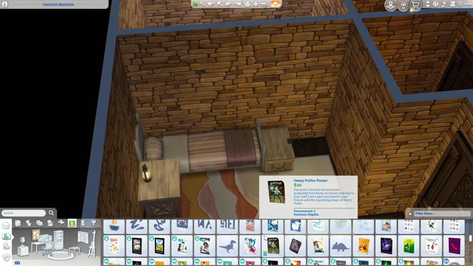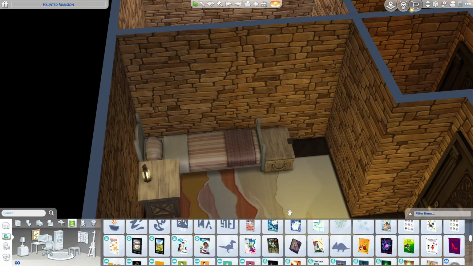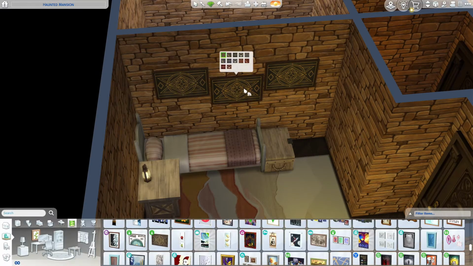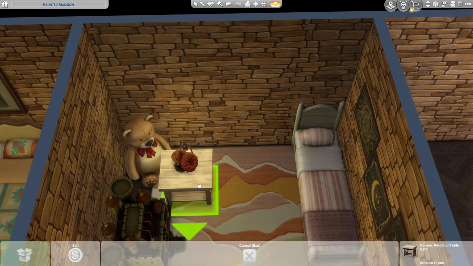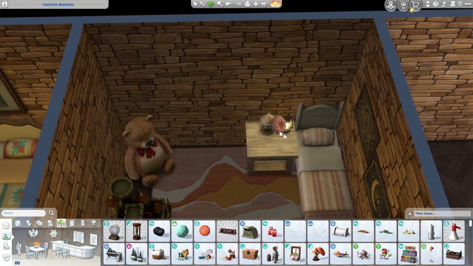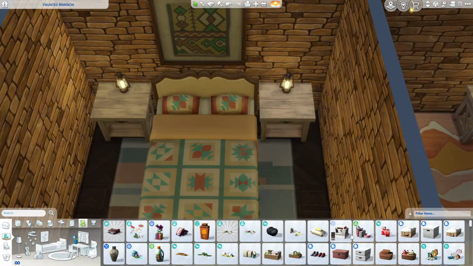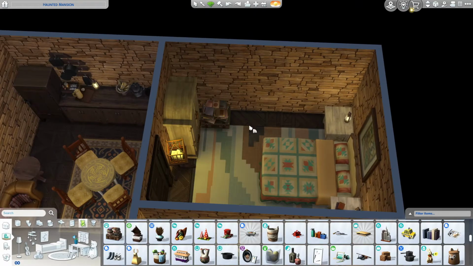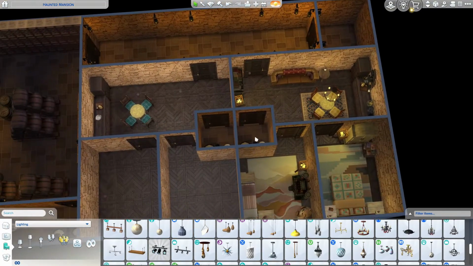But trying to figure out what you would hang to a wall of stone was quite the challenge. So I don't actually remember what I ended up putting there. Oh, maybe I put these. I don't know. But yeah, so we've got some cute stuff down here. And then go back into the parents' bedroom, apparently, and get some more decor before moving on to the